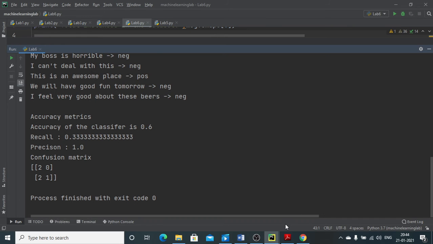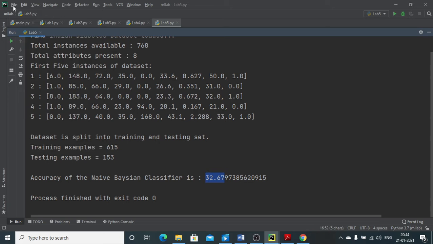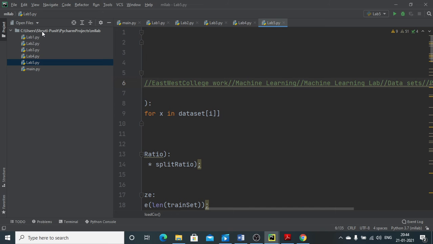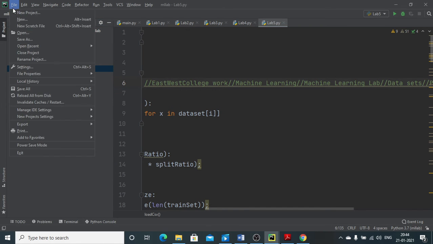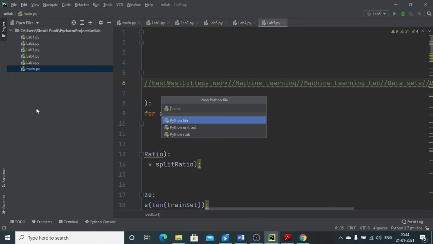Now let us check, this was a pre-executed lab 6 program. Let me check how we can go for a new one. I am going to File and create a new file. One second, let me activate the things here. Fine. Once it has been loaded properly, let me go for a new Python file.